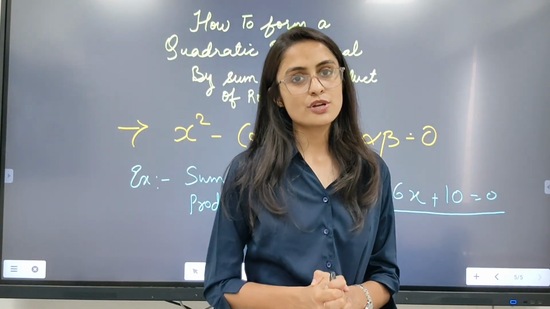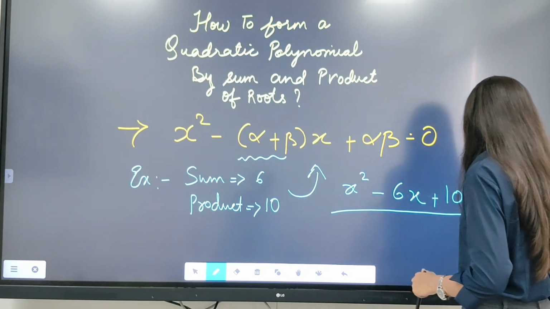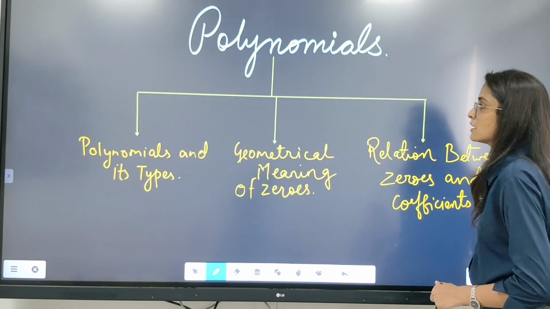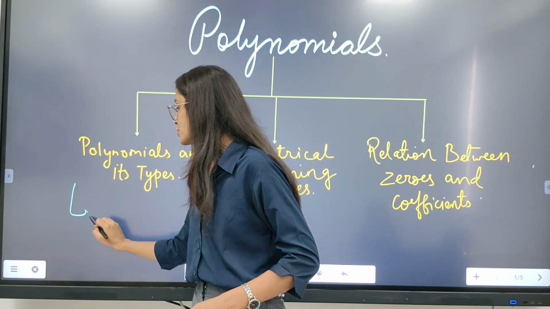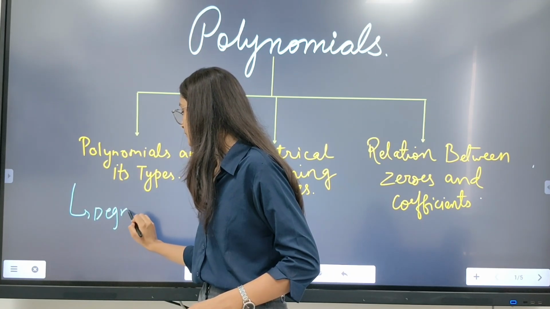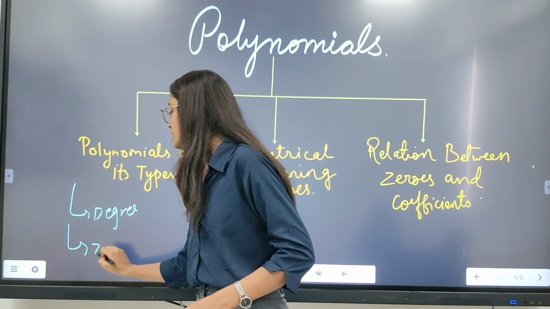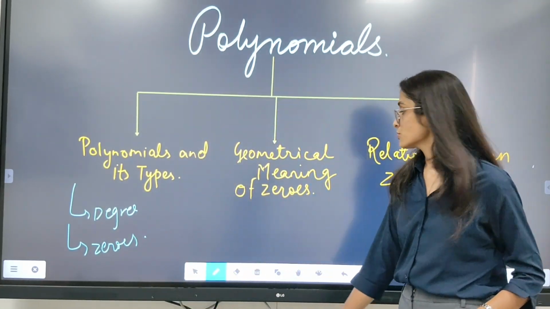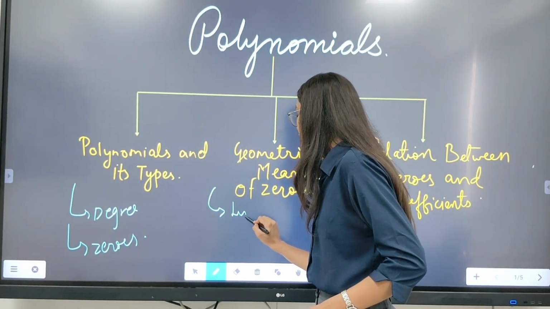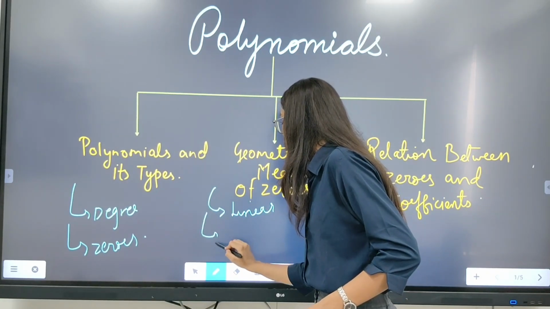I hope you all understood up to here. Up to here, I'll just repeat and brief out whatever we have seen. We have seen polynomials and their types, right? We have focused on degree. We have focused on zeros as well. Then the geometrical meaning of zeros. We have focused on linear, quadratic,